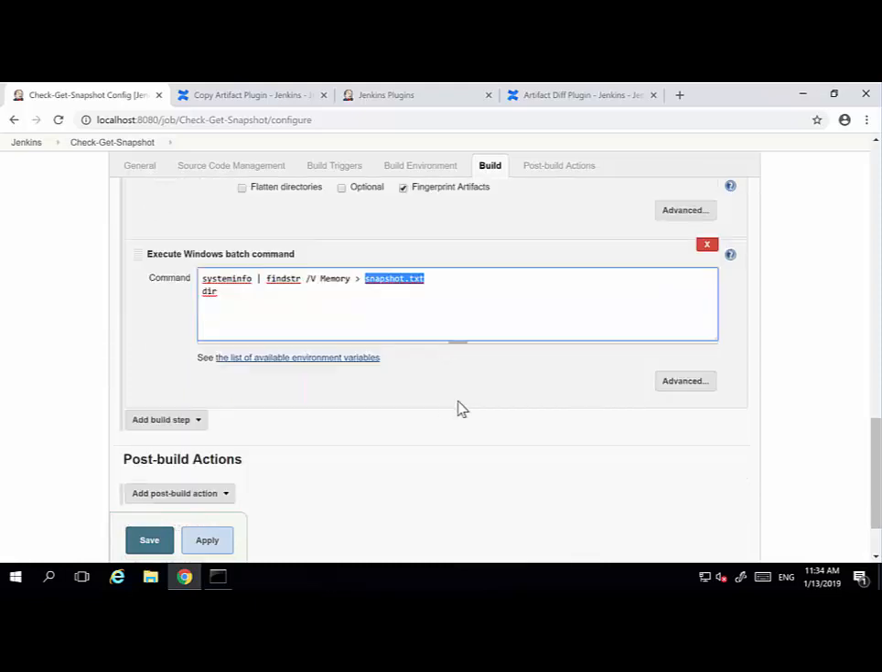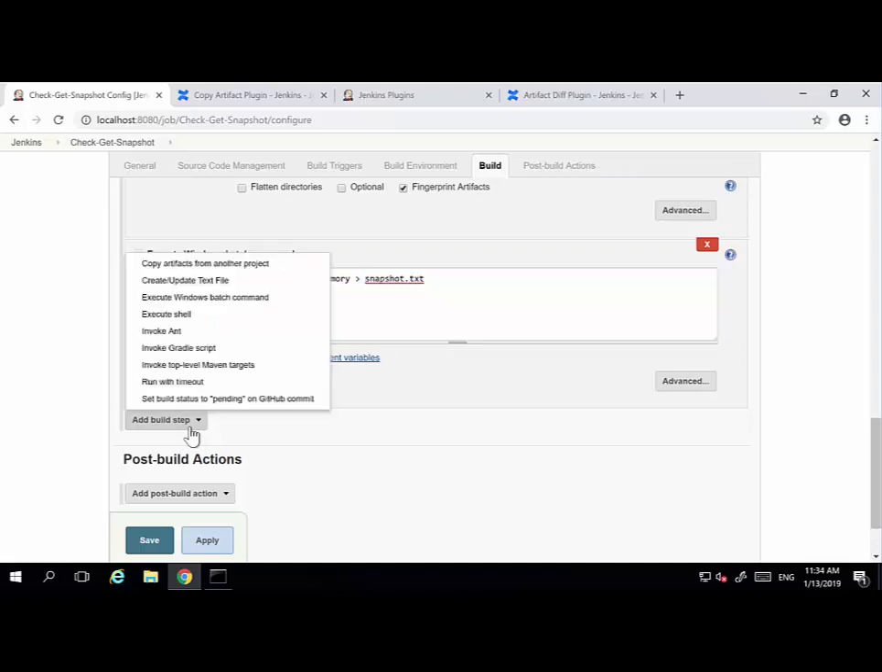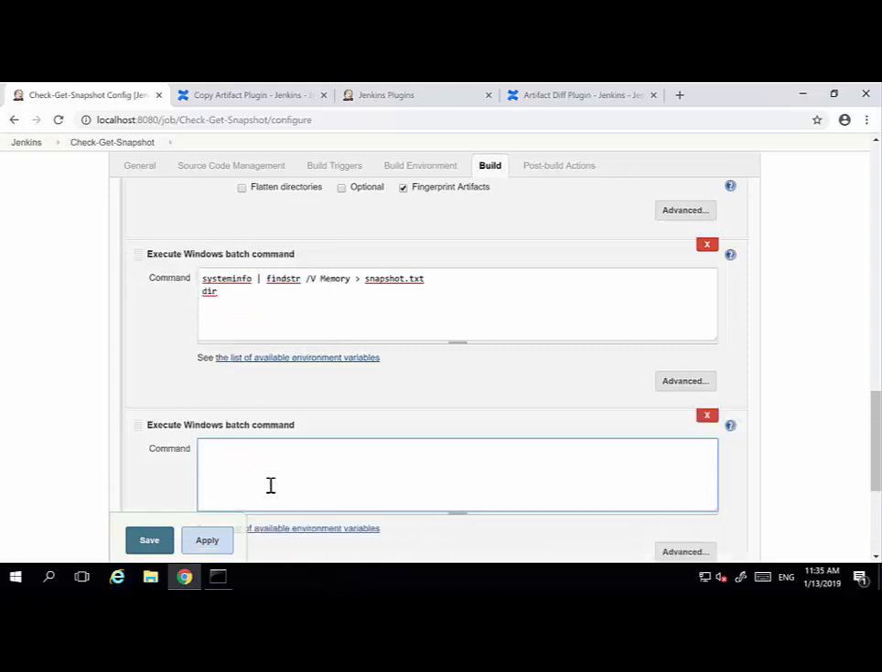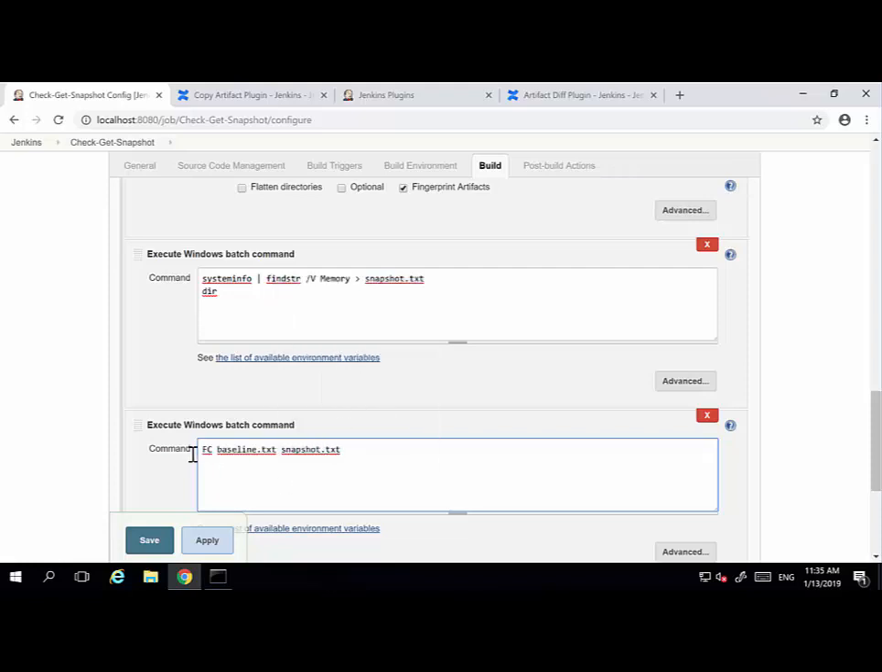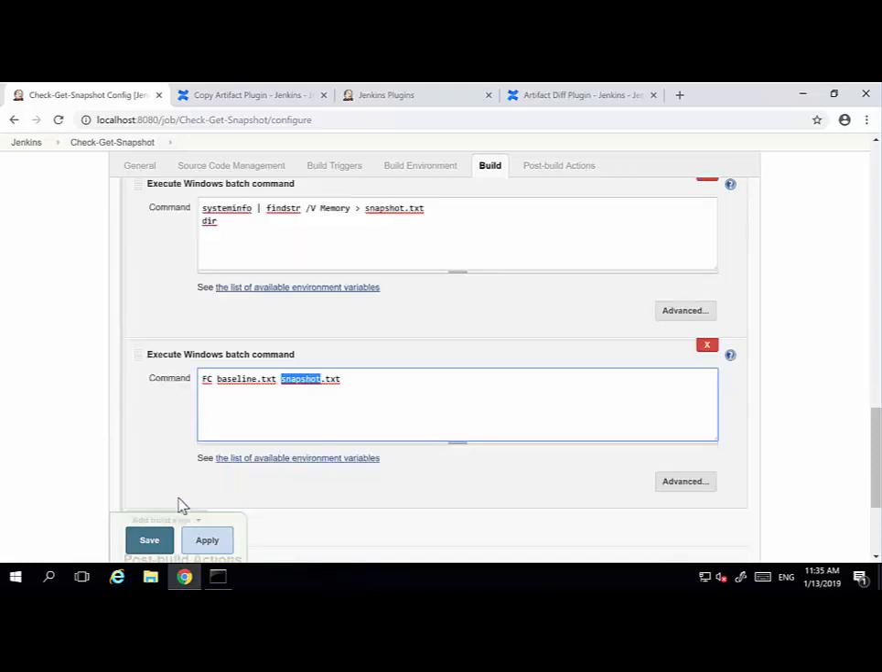Final step then, create the comparison build step. Again, we'll do another execute Windows batch command, and in here we do a file comparison. So file compare baseline.txt, which is copied in from the baseline job, to our snapshot.txt, which is created as part of this job. Save the job,